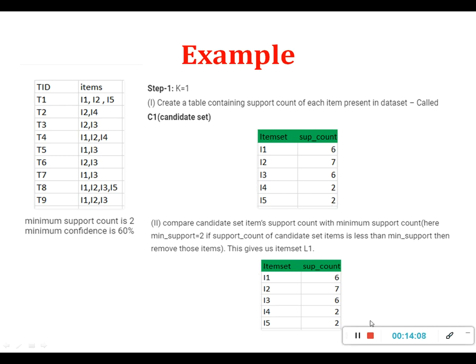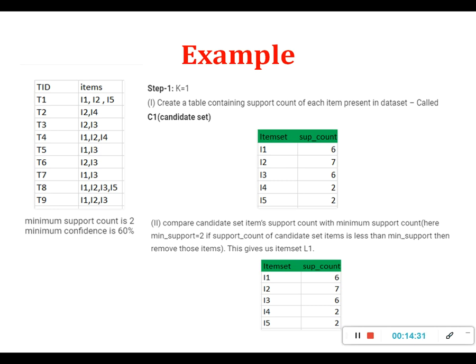So this is how my next list L1 is created. What have we done in the first step? In the first step we are finding the k frequent, so k is here 1. We found the 1 frequent. With this 1 frequent we generated a candidate set, and then by looking at their frequency against the minimum support count, we generated our L1.